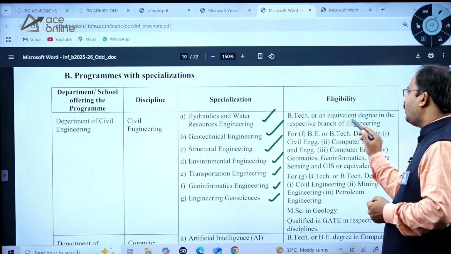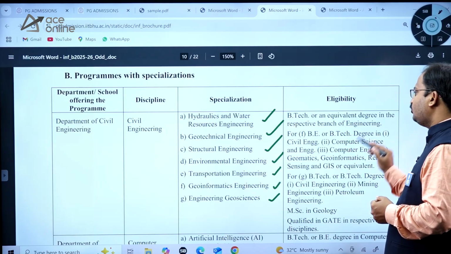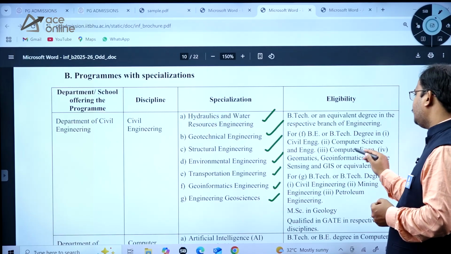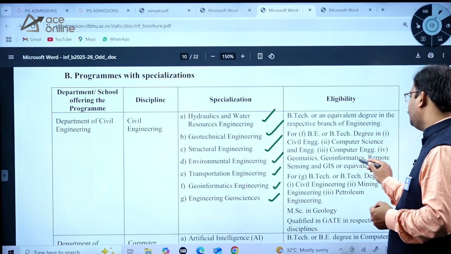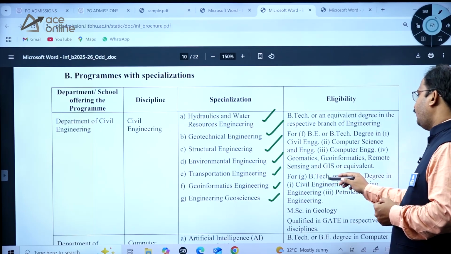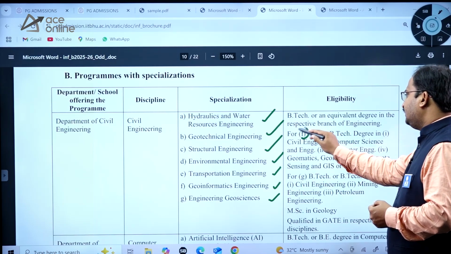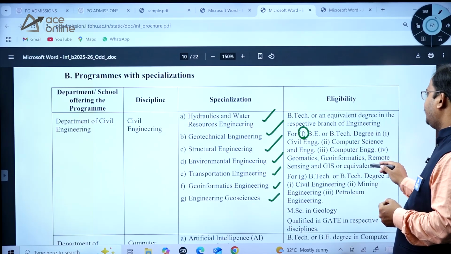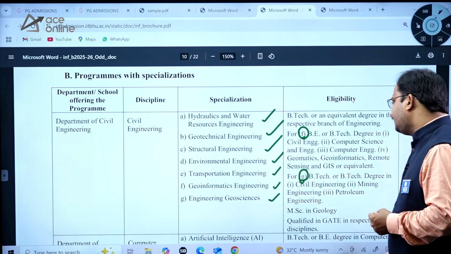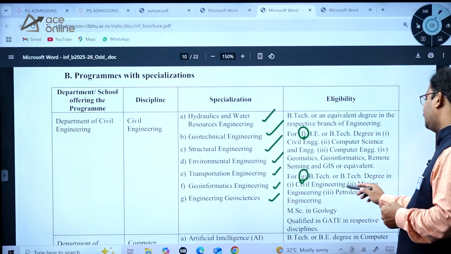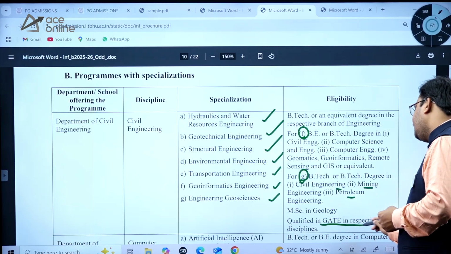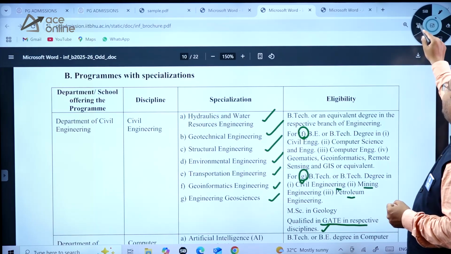So here B.Tech or an equivalent degree in the respective branch of engineering. So for BE or B.Tech degree in civil, computer science, computer engineering, geomatics, geoinformatics, remote sensing and GIS or equivalent. So for F program, this is the option given here, dear students, and then for the G program, so geoinformatics and engineering geosciences, civil engineering, mining engineering, petroleum engineering, qualified in GATE in respective disciplines, they only can apply for this, dear